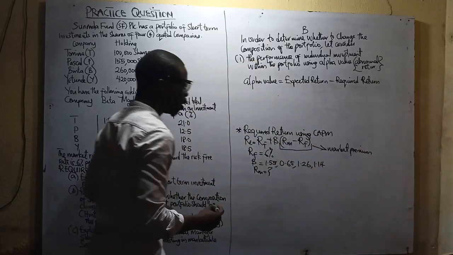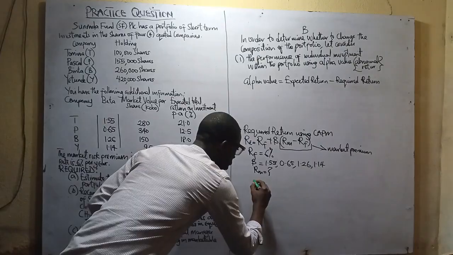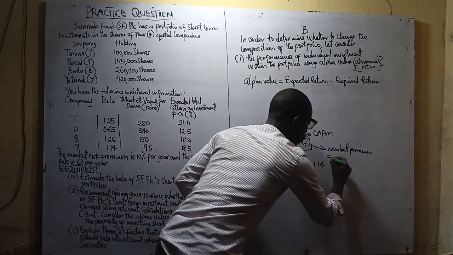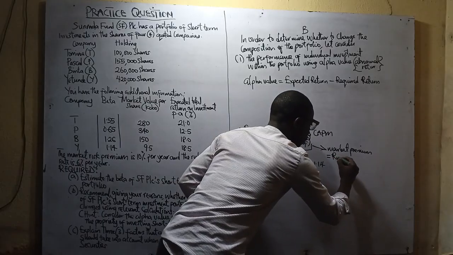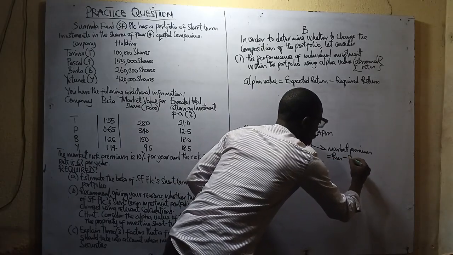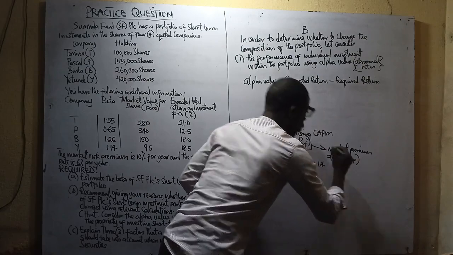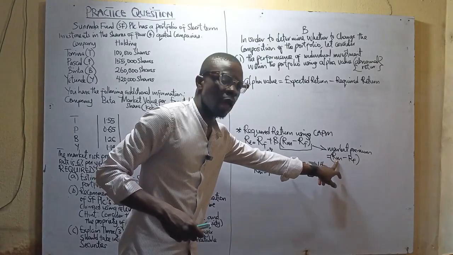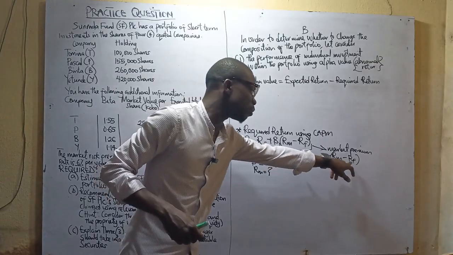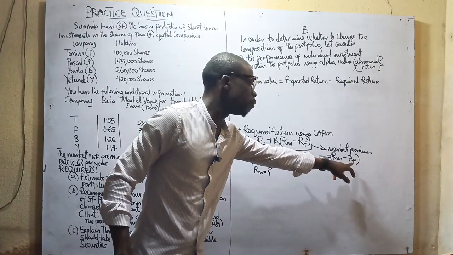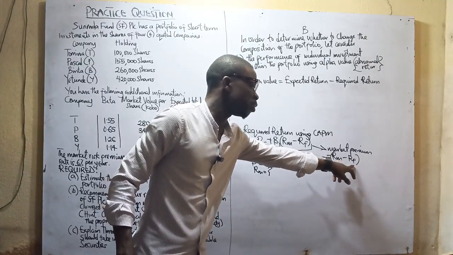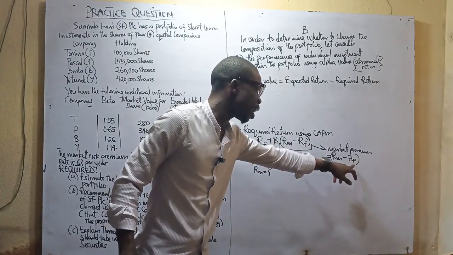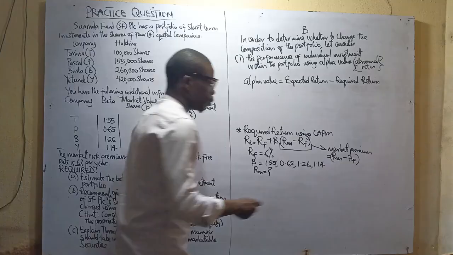So you are given the market premium. What is market premium? Market premium is equal to Rm minus Rf. You can see now. It means that if you are given the market premium, they have helped you to subtract the return of the risk-free investment, the risk-free rate, from the return of the market. It means that if